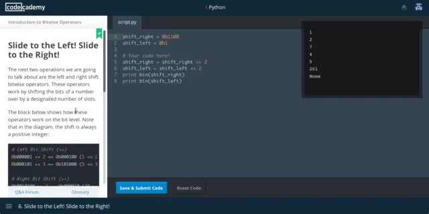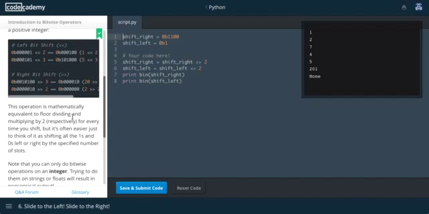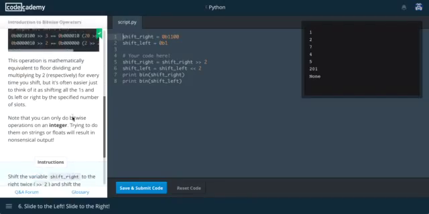is the slide to the left and slide to the right. So we are going to use these operators to shift the bits of a number over by a designated number of slots. So we're moving it to the right by 2 places, or moving it to the left by 2. And we can only do this on